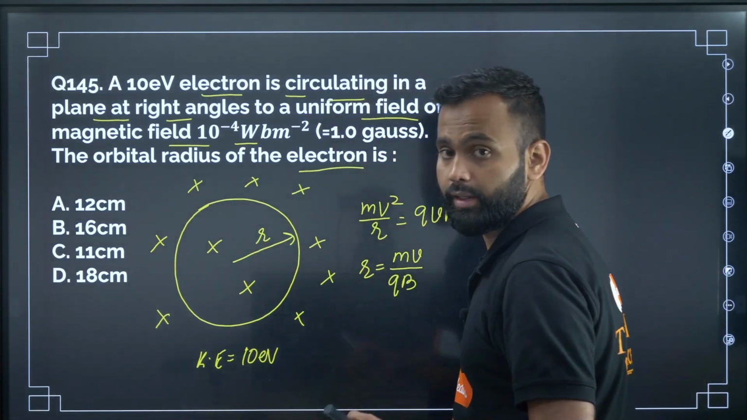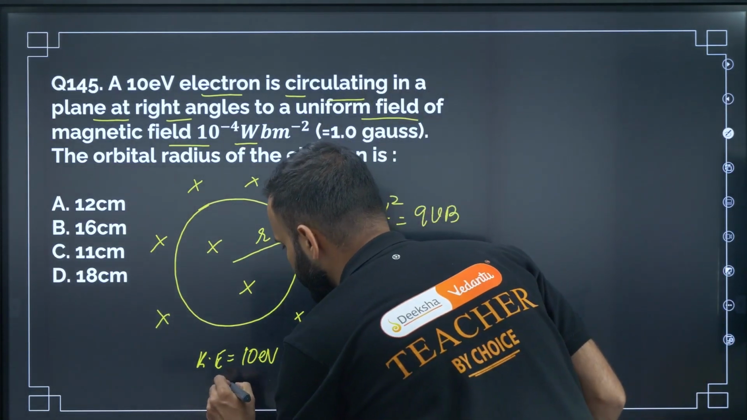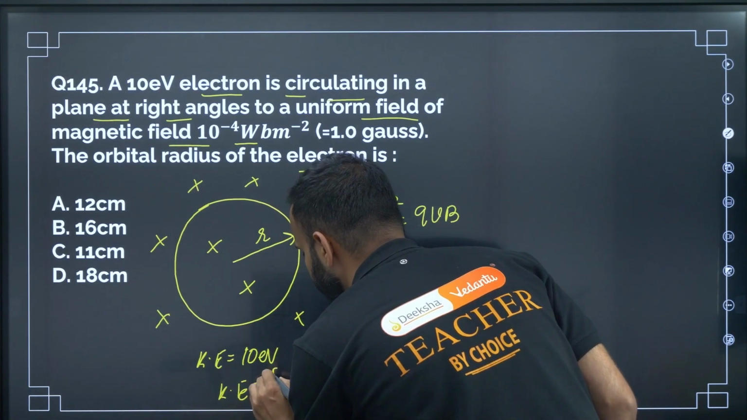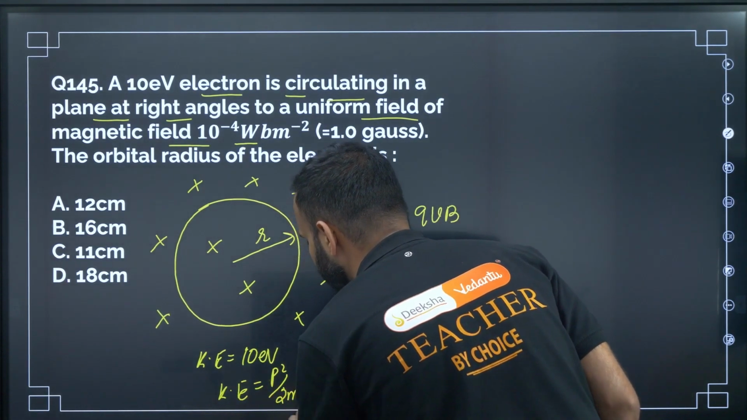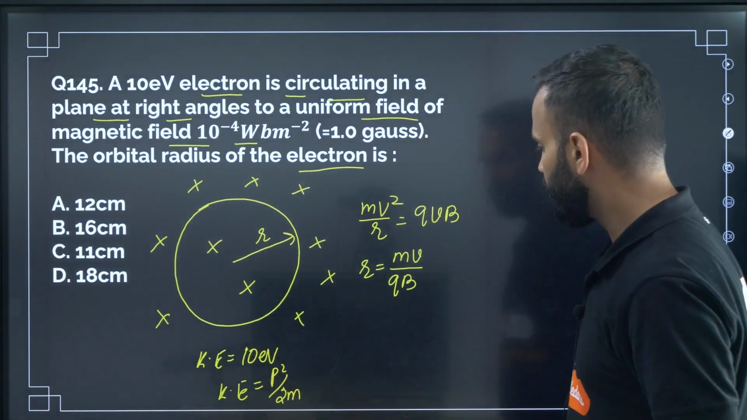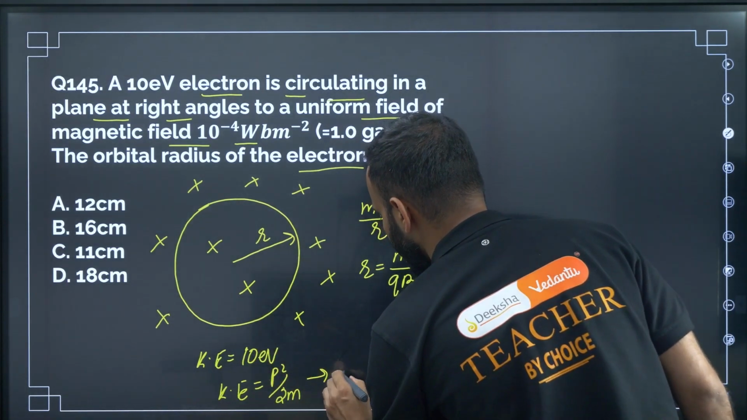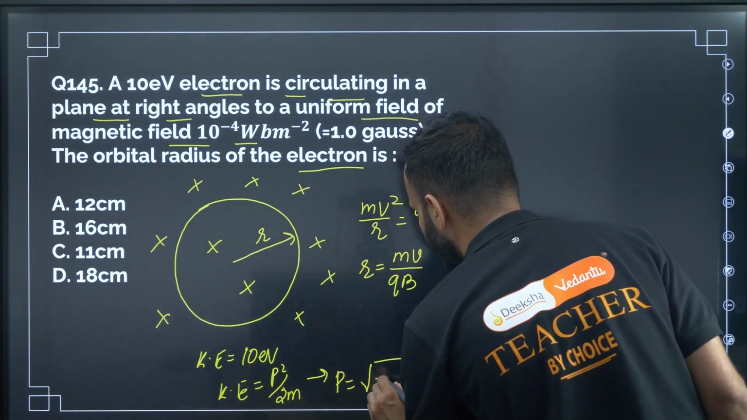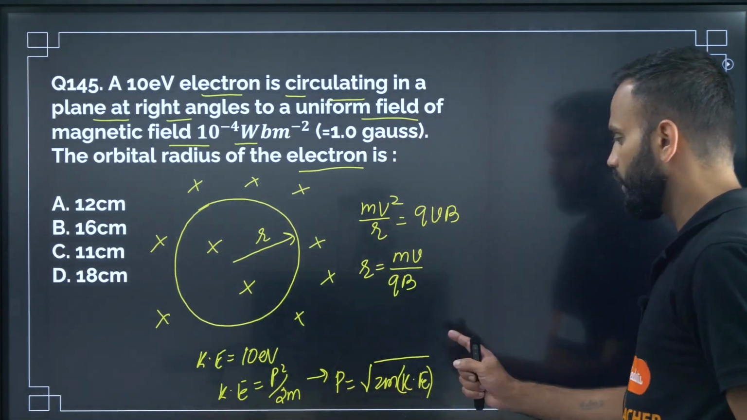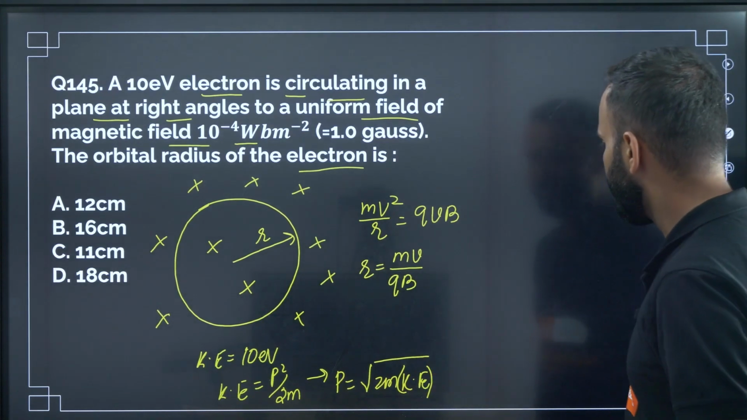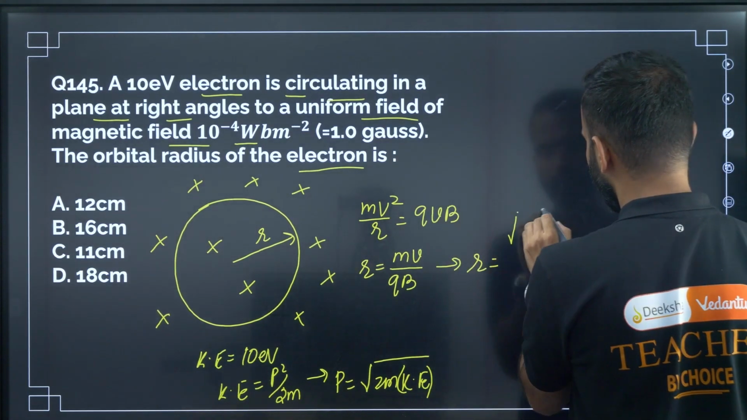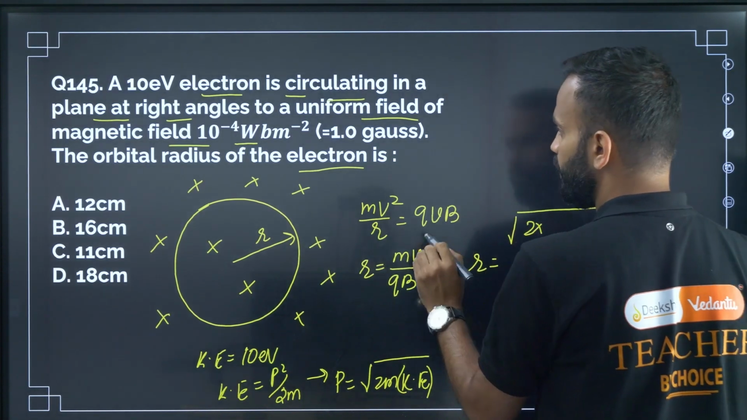Now what is the relationship between kinetic energy and momentum? The relationship between kinetic energy and momentum is K equals p square divided by 2m. So p is equal to root of 2m into kinetic energy. p is mv, right? Now r is equal to mv, which is root of 2 into m, where m is the mass of the